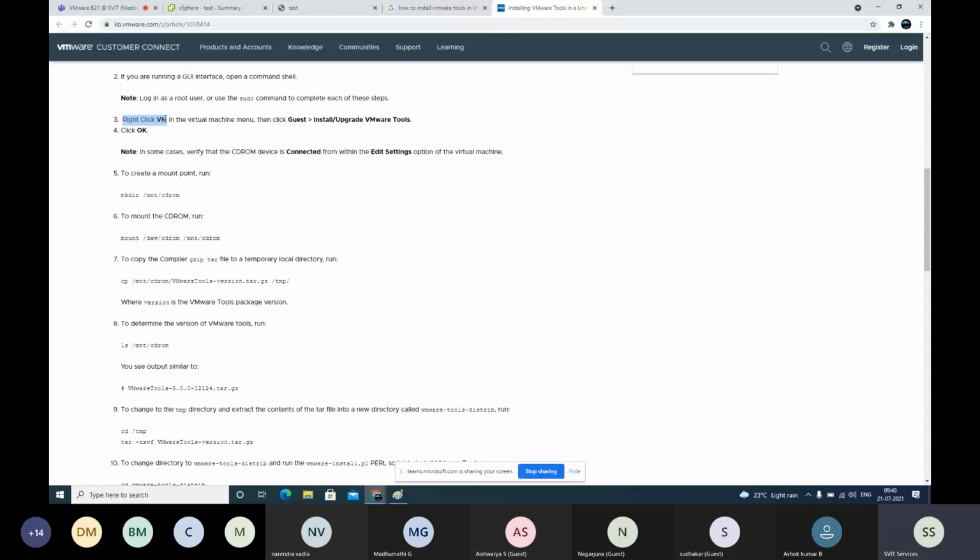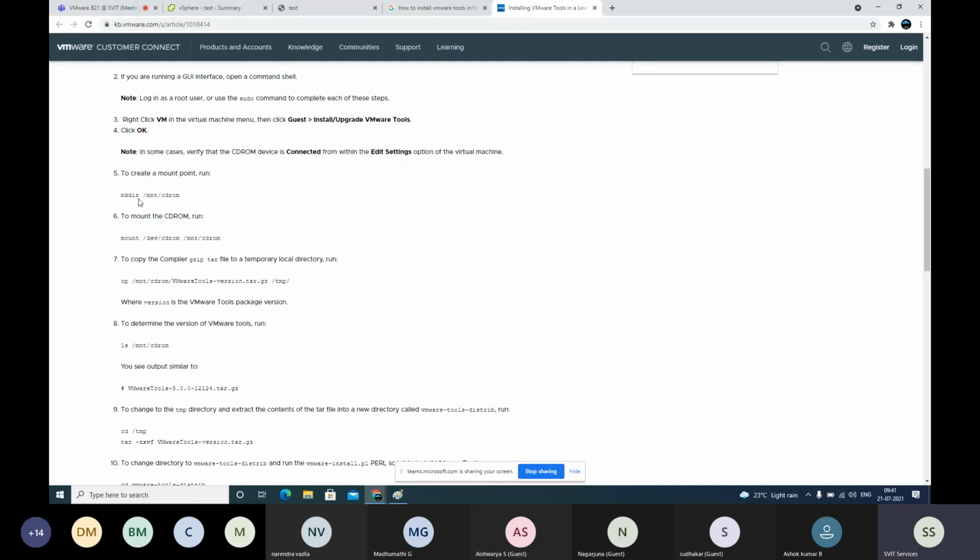So all the VMware KBs will be clear like this. You need to be conscious while you are working with the KB, meaning logically think about where you are navigating. Left side of your screen, right side, top or bottom, all the instructions will clearly be there. Here they ask you to go to Guest, click on Install or Upgrade VMware Tools, and click on OK. They are telling you to click on the OK button also. KB articles are very clear.